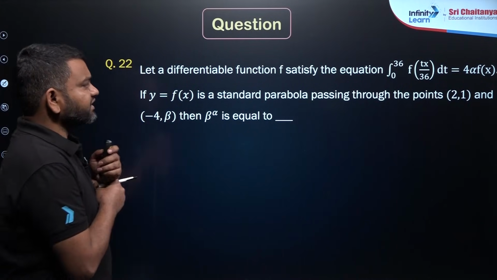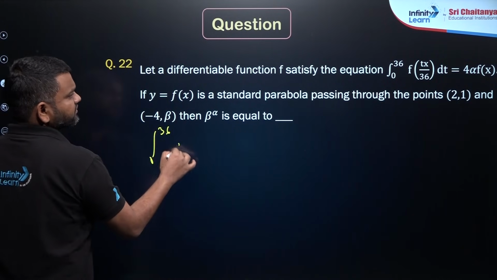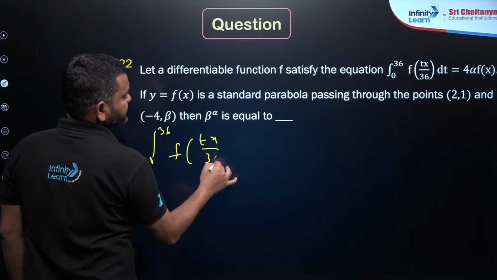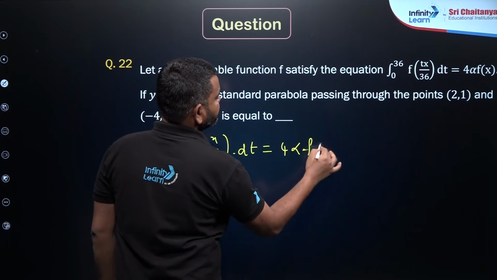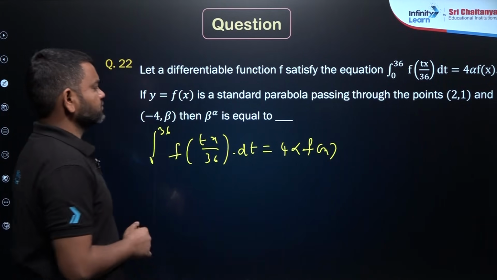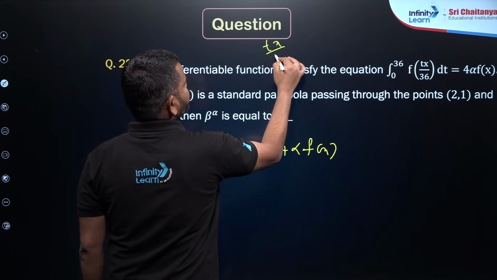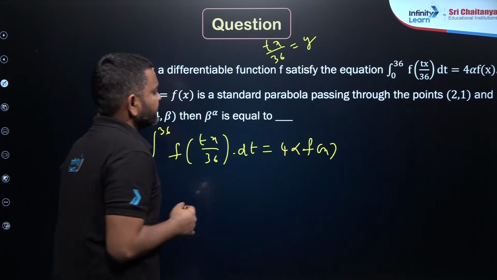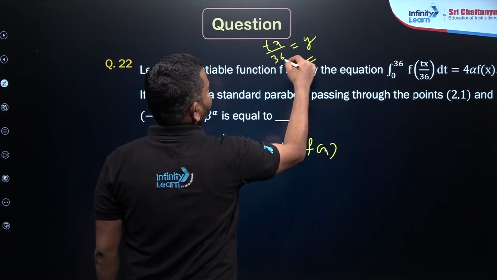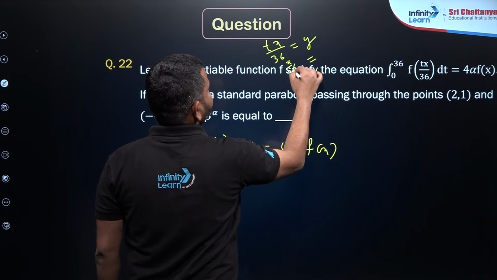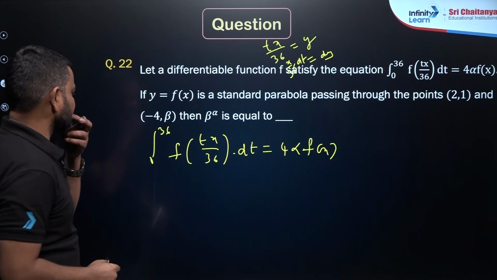Okay, you have been given an integration here. It is given as the integral from 0 to 36 of f of tx by 36 into dt, that equals 4 alpha f of x, right? So what I need to do here is take some other variable. tx by 36 is going to be y for me. If I take this as equal to y, differentiate it with respect to t, you are going to get x by 36 dt equals dy. So put that here, you are going to have,